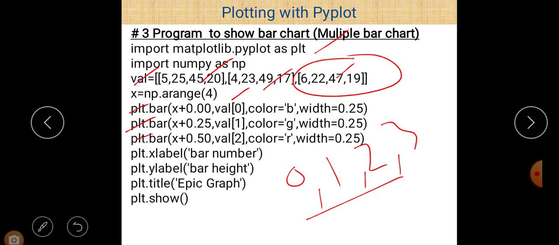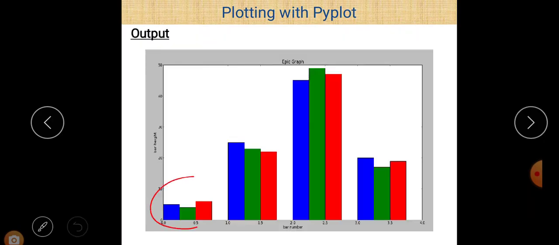In a single list you can see four different values, so that's why we take four different values of x here. There are different values added in this, 0.00, 0.25, 0.50, which makes a clear difference.